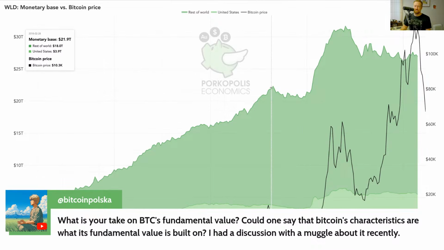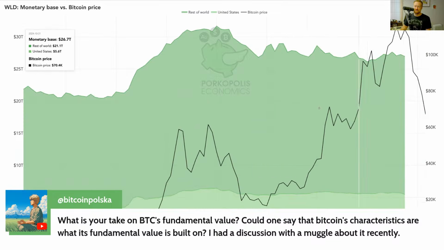So the relationship is not 1-to-1, but it generally works out where if the money goes up, Bitcoin will go up. Like here it didn't. Here it went down, and Bitcoin was going up. Now Bitcoin's going down, and the money supply is about to go up. But as long as that relationship generally stays intact, we can see that there's a network for money that does the same thing as Bitcoin.